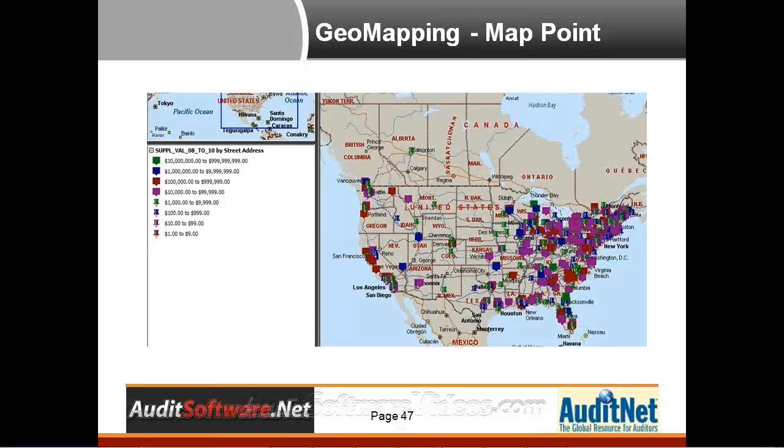So the geo mapping is something that is useful. You can do things like, as we'll talk about in a second, this is showing it by value, and you might want to take a look at where things are by value. You can do it by score, which is what we're going to do in a second. But what's interesting is to look at pockets or areas where, in this case, there are not that many, but let's say the blue is from a million to 10 million.